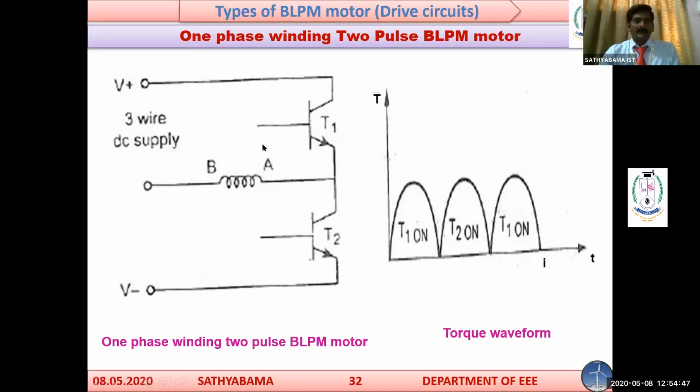Therefore, E equal to minus omega. On differentiation, we get n1 Bg r1 l pi, and the constant term becomes 0. Here 2 theta by pi, on differentiation, we get 2 by pi, so minus 2 by pi. This minus and minus equal to plus. So E equal to 2 times n1 Bg r1 l pi omega. Therefore, E phase equal to 2 n phase Bg l r1 omega volt.